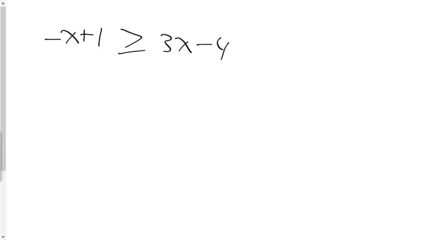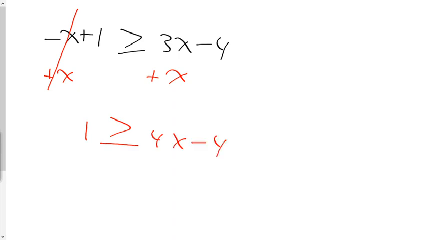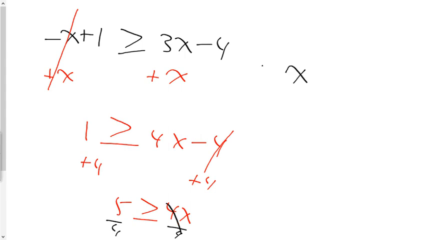It doesn't matter, because in algebra, whether it be an equality or an inequality, as long as you do the same thing to both sides, it maintains the equality. I'm going to add x to both sides. That leaves me with 1 is greater than or equal to 4x minus 4. I'm going to add 4 to both sides. 4x is less than or equal to 5. Divide both sides by 4. And our solution is x is less than or equal to